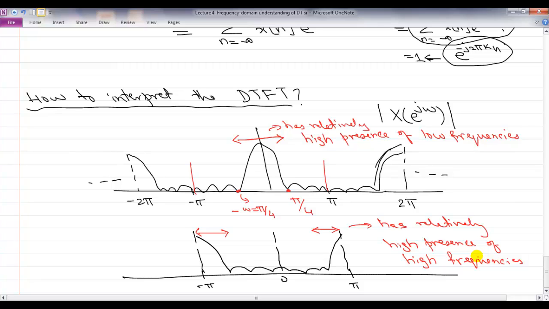So just like in the continuous time case, the discrete time Fourier transform helps us understand signals in terms of frequencies, low frequencies and high frequencies. And as we will see later, it helps us say that the job of a discrete time system, just like the job of a continuous time LTI system specifically, is nothing more than either killing off frequencies in your input signal, or amplifying or damping your input frequencies, or changing the phases of your frequencies in the input signal. It doesn't do anything more. Okay, we'll come to that later.